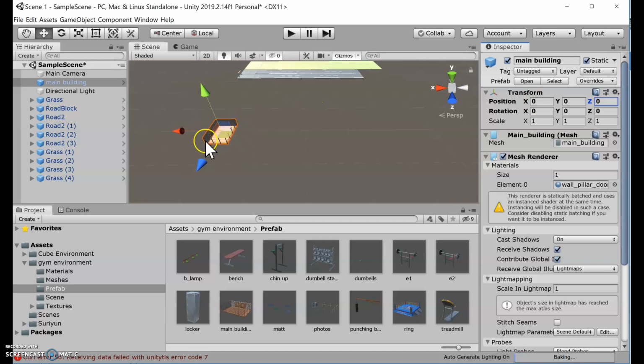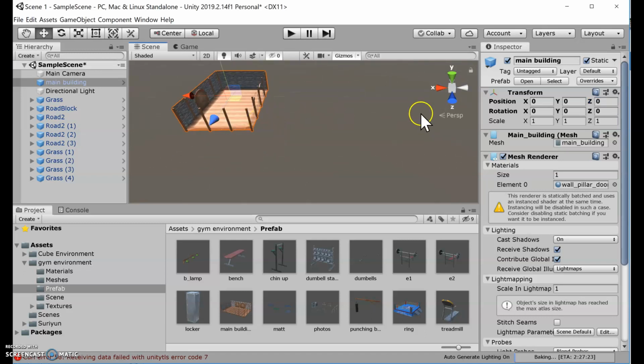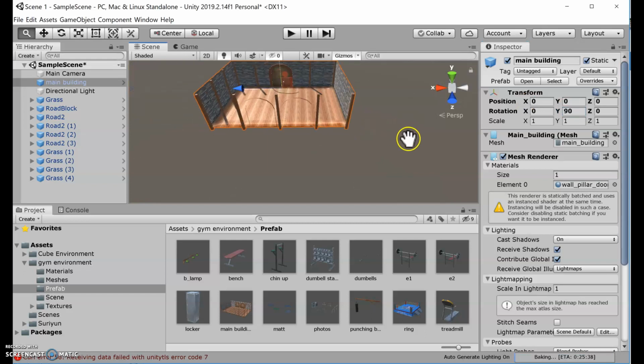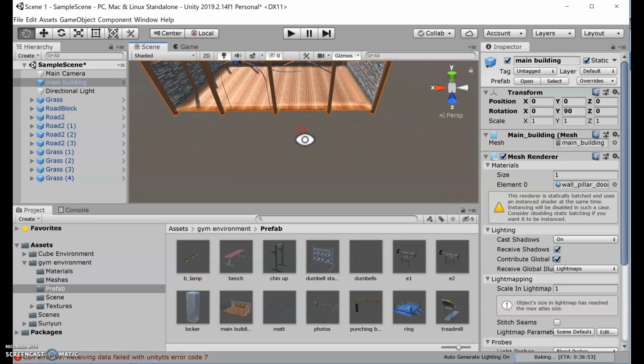And it actually looks smaller right now at 0, 0, 0. So it's probably a smaller asset build. I actually am going to rotate this one as well. And you can see it's a pre-made building. So when we zoom and orbit here,